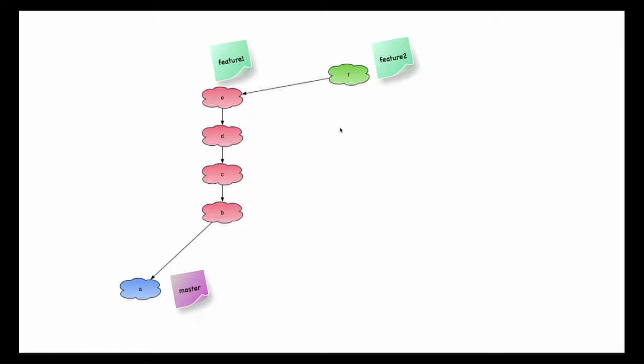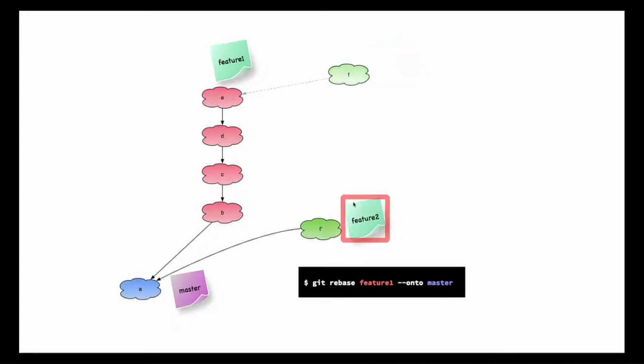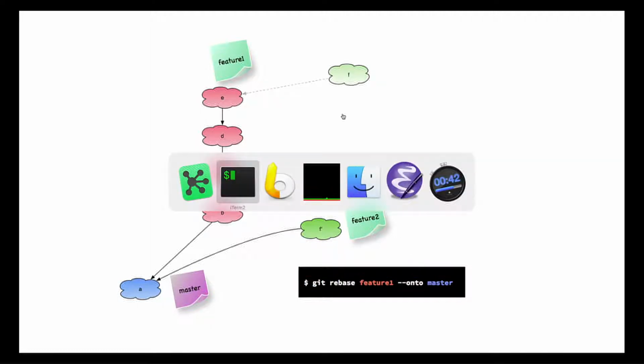So you can do the same approach using rebase. So in this case, we want to say master, or rather, we want to say feature 1. So anything that comes after feature 1, in this case just the F, but if you had more commits, it would be all of them. And you want to paste them on top of master. So this is the syntax here. Git rebase feature 1 onto master. For instance,